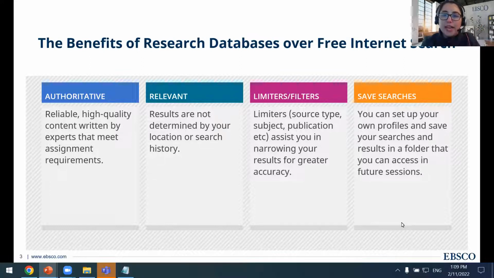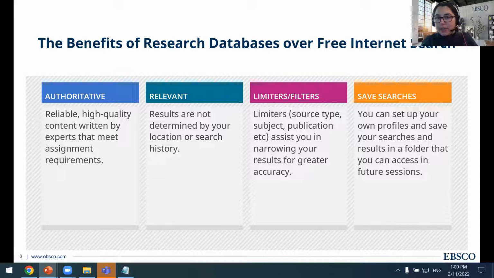I also want to point out that you have limiters and filters available. So when we say limiters, we mean that when you conduct your search, your results are going to then have opportunities in your results to narrow down even further.